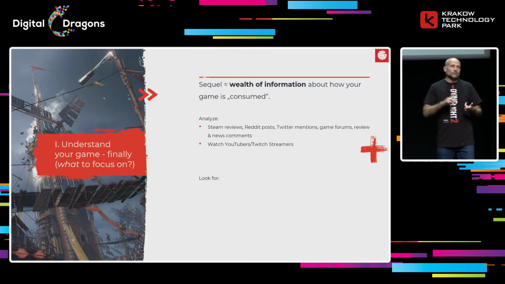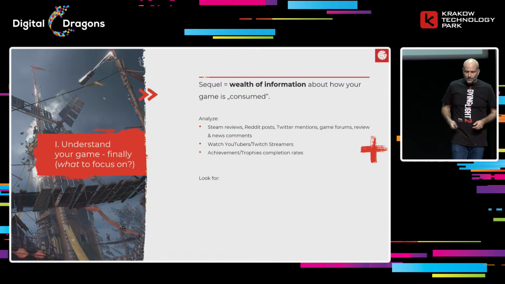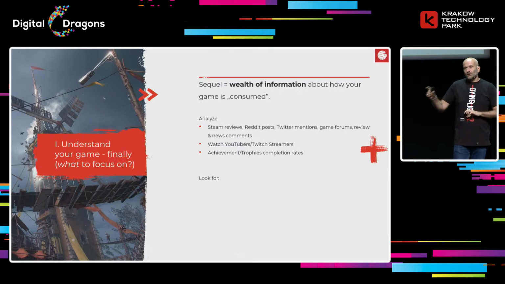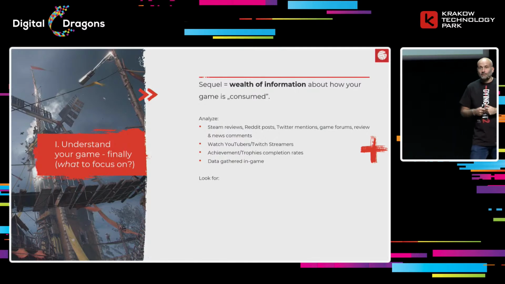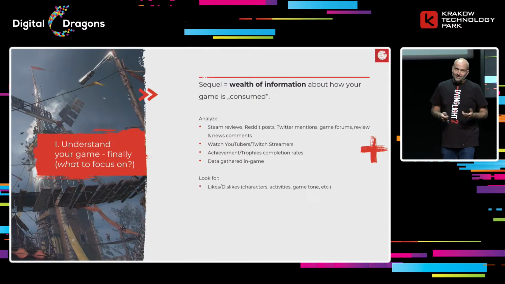You, of course, watch YouTube and Twitch streamers that talk about your game and create those crazy videos, what they should improve, what they should add, what they think about the game, what are the best things about the game, what are the things that they miss, what are the things that are hidden in the game. You also look at achievement or trophies completion rates. This is a great source of gaining very quickly data of what your players interact with. And of course, if you have prepared for this, you can also gather data from the game. And we did that with the first game. We actually had tons of data, which at the start we had quite a few problems with analyzing.